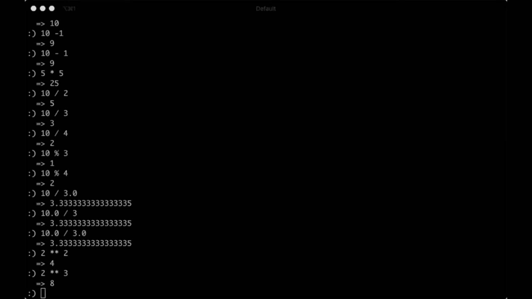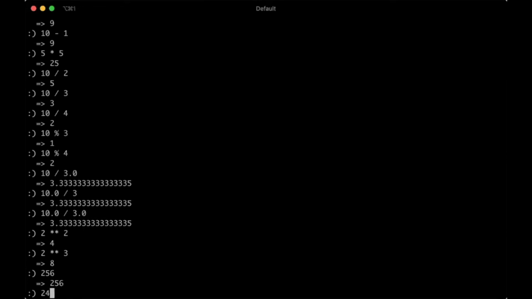Okay, so far the only real conversion that we've done with this math problem is that we've caused floating point results out of integers. When this 10 divided by 3.0 was partially an integer, partially a floating point, we did get a floating point result, and that's kind of like typecasting in a way, but we can do that more literally like we did with nil earlier, and we can say like 256. So that's the integer, 250